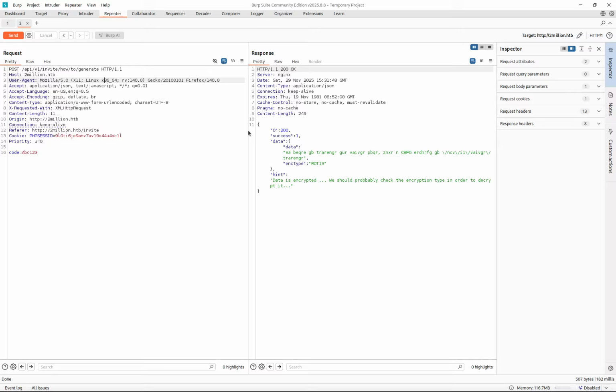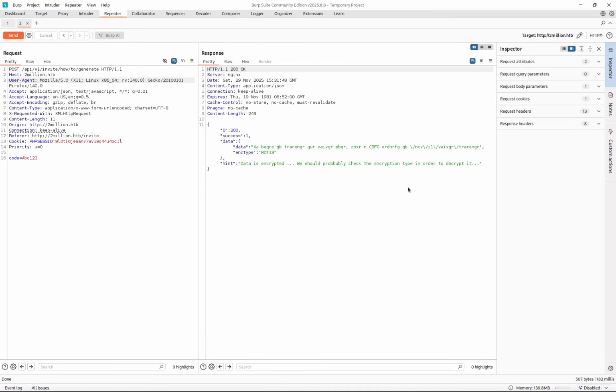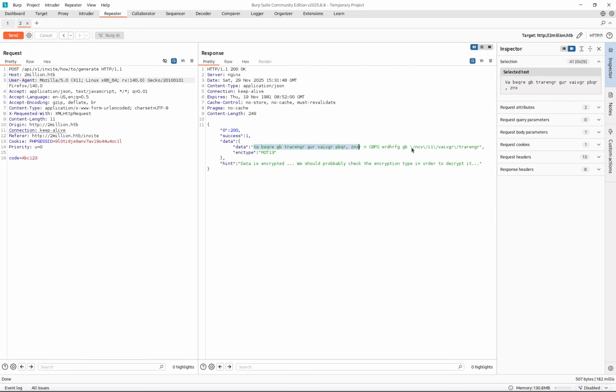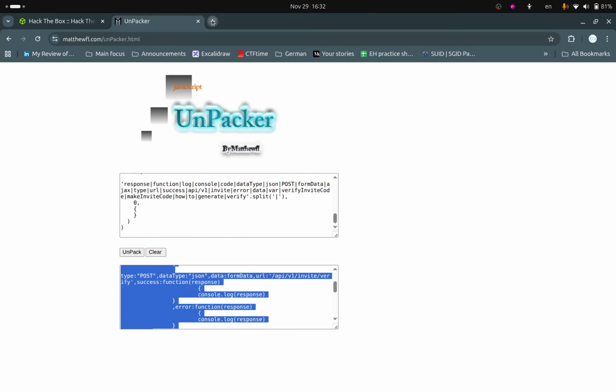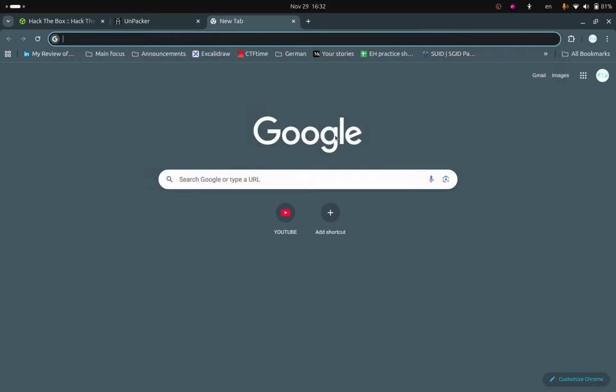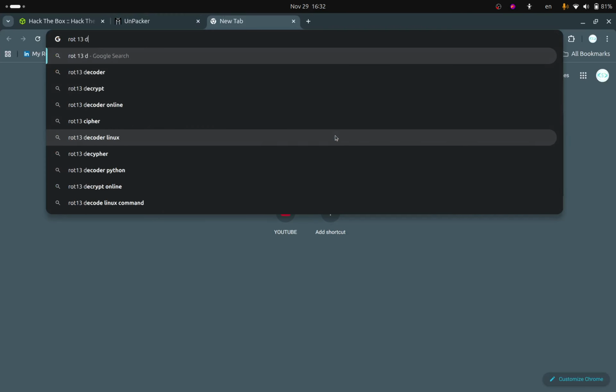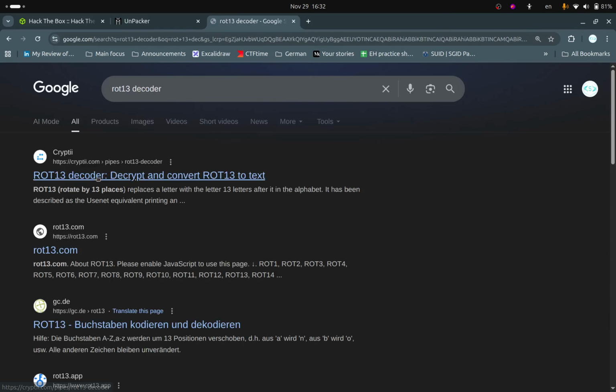So we see a gibberish response. Can we make that bigger? Yeah, we can, but I cannot zoom in. I'm sorry, guys, if that's not crystal clear to you. So we have this data, and it's encrypted by ROT13. So ROT13 decoder. You can use CyberChef,